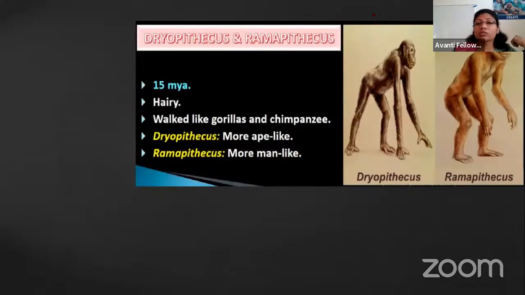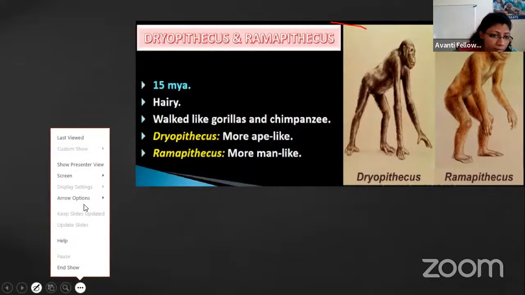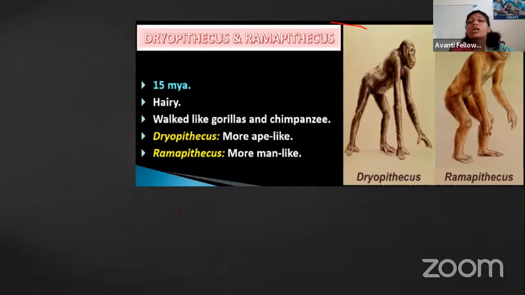So today we are going to start with the first species. But before starting with the first species, let's talk about the sequence of our evolution. So when we go for the sequence, I have a mnemonic for you, that is